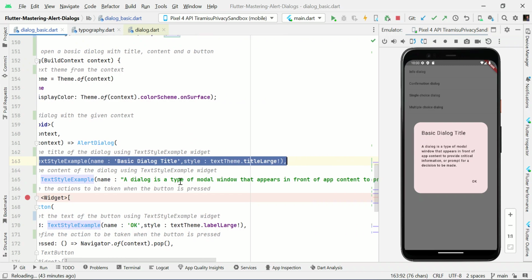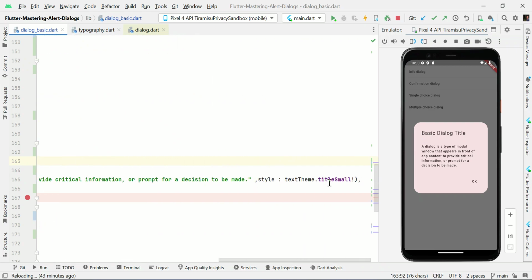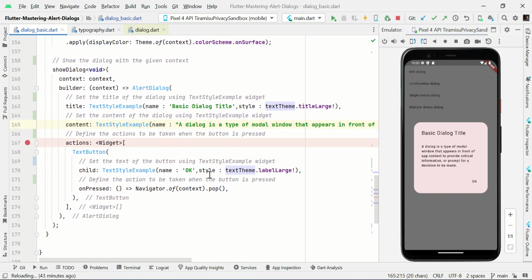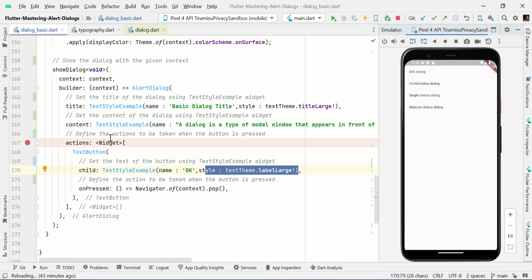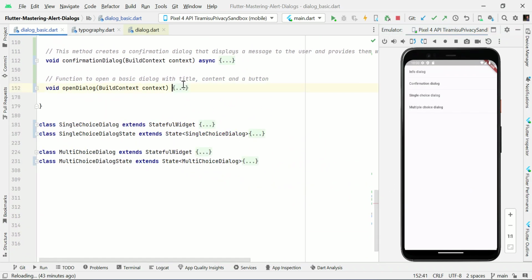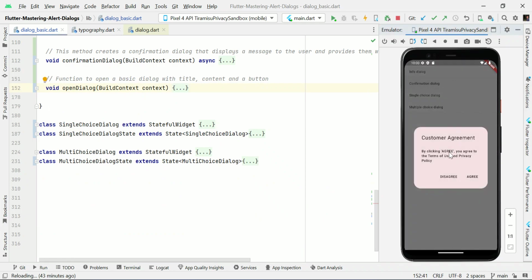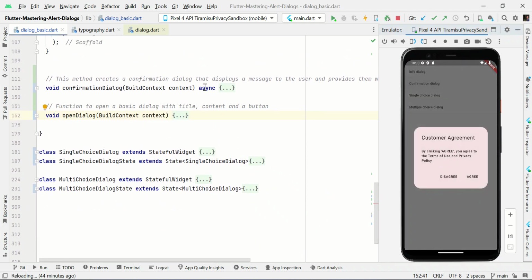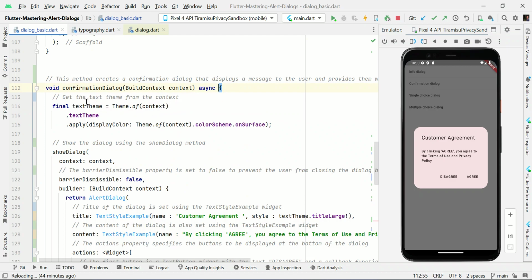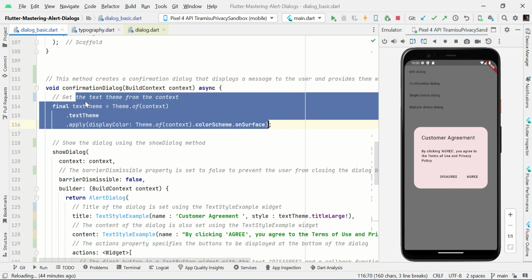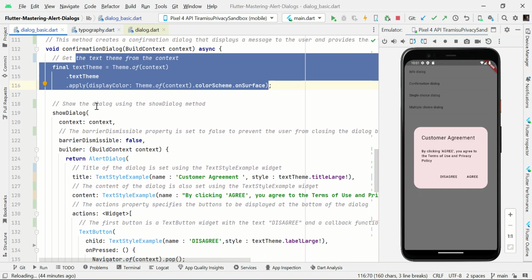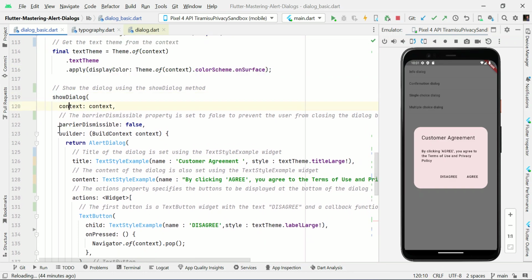Likewise for content we use the typography, content and style with titleSmall. And then finally we have a button with OK and style with labelLarge, like this. So this is all about the info dialog. Likewise, we are going to create a confirmation dialog. In the confirmation dialog, remaining things are the same: we use the theme of our context, showDialog with context and